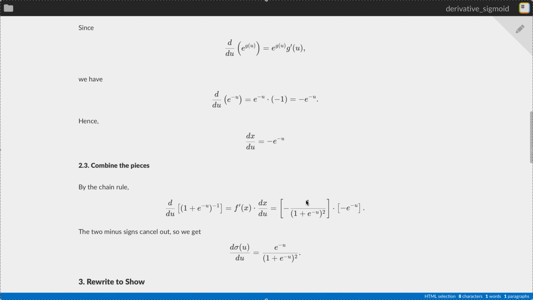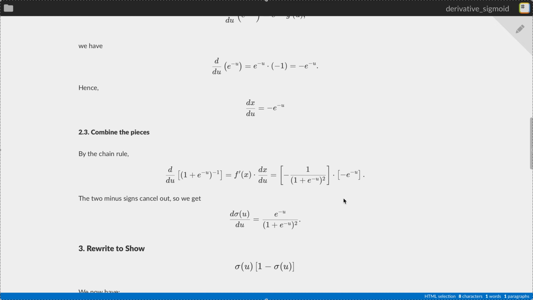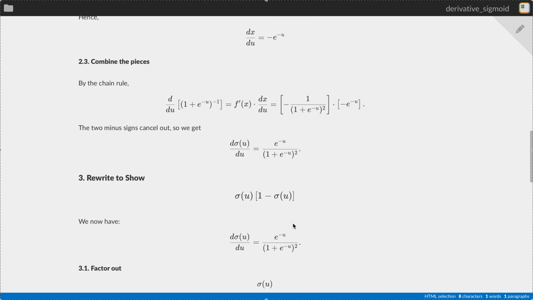So that's why we have negative 1 over 1 plus e to the negative u squared times what we just calculated over here, which was negative e to the negative u. The two minus signs, we have a minus sign here and here, cancel out. So we get that this differentiation is equal to e to the negative u over 1 plus e to the negative u squared. And now we're going to have to rewrite this to show that this is actually, in fact,